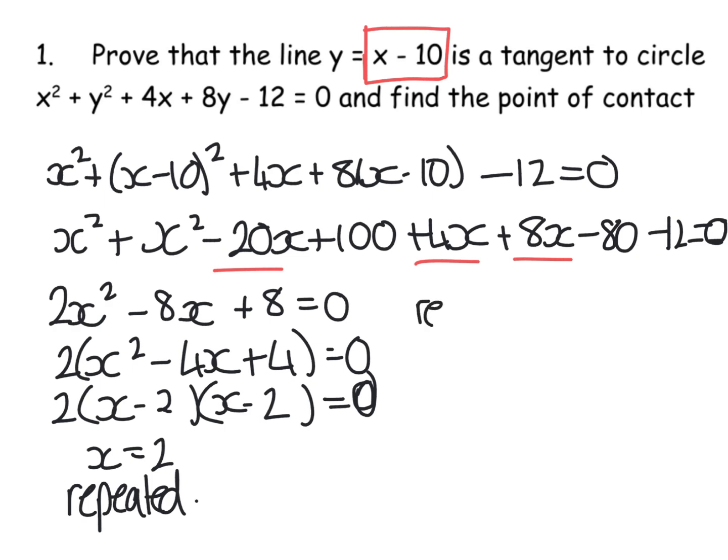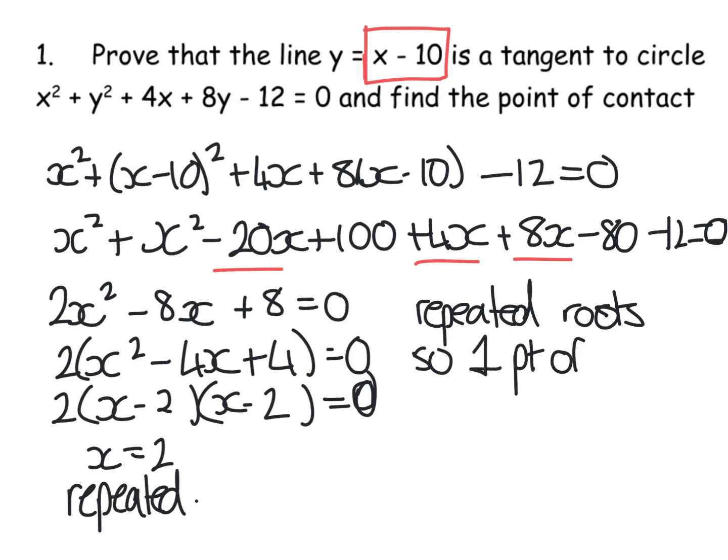So you write repeated roots, so 1 point of contact. Therefore, the line is a tangent